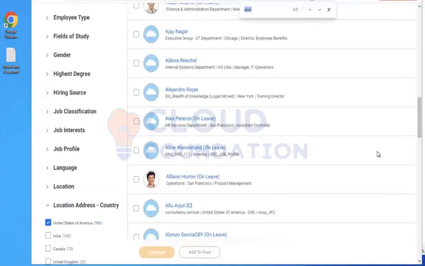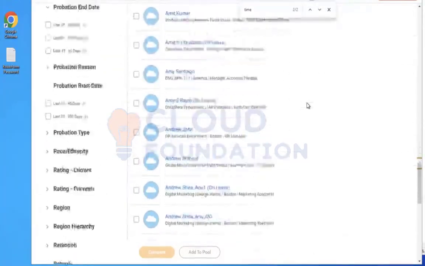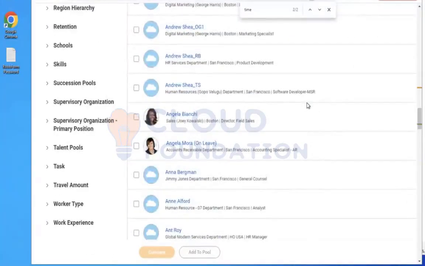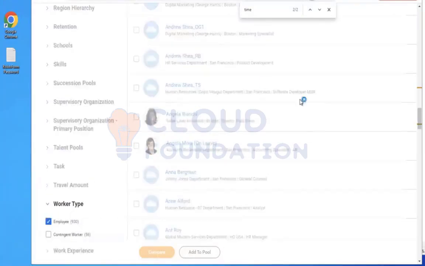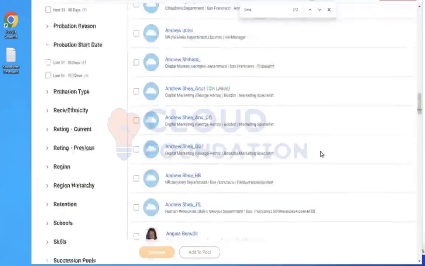Time type. Let's go with worker type is employee. How come there is no time type?